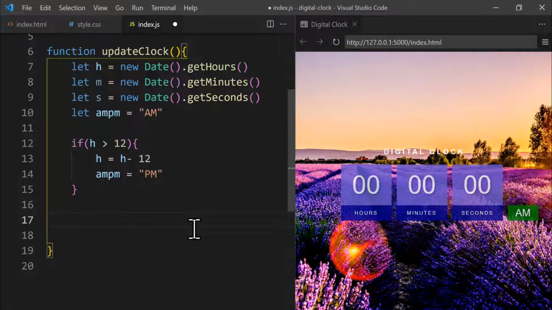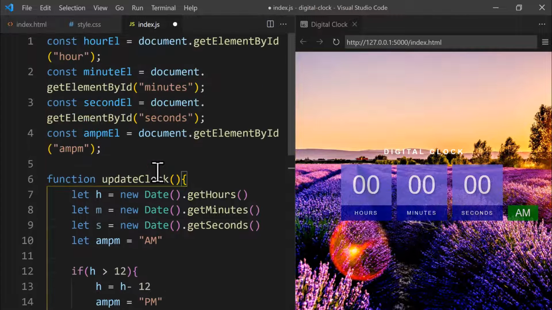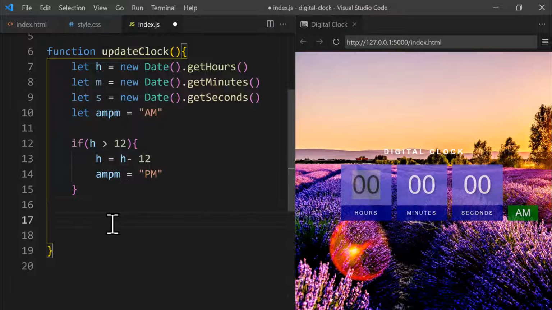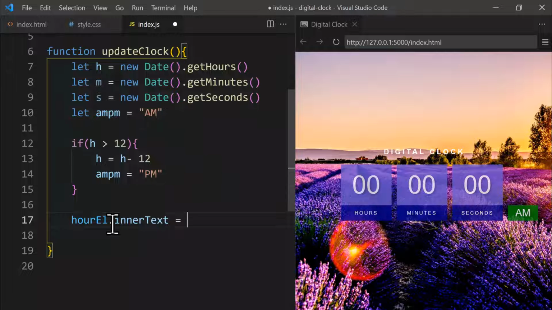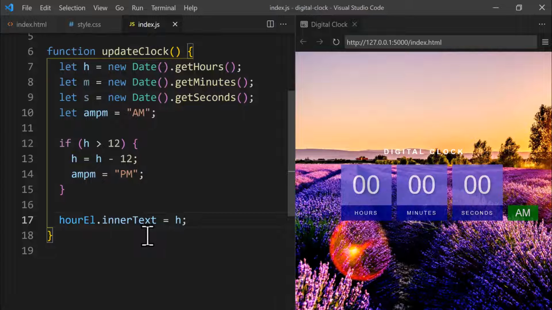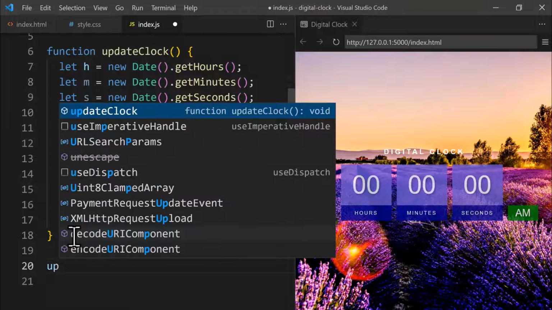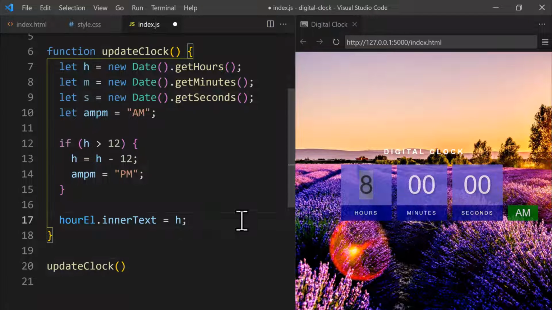And also the other thing is, let's see the result. So we use the inner text method to change the text inside this hour element, which is here. So we just say hour element dot inner text and we set it to be equal to h. And we need to call this function every second. First we call it here. We just say update clock one time and we can see the hour here. But for the seconds we need to call it every second. So let's first